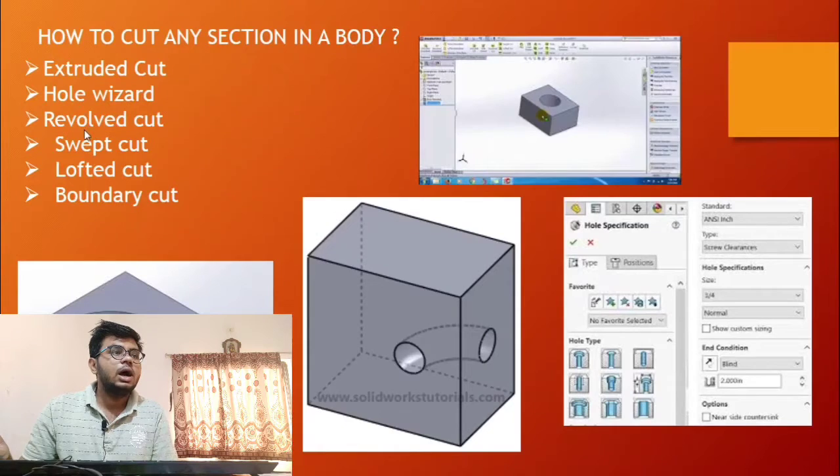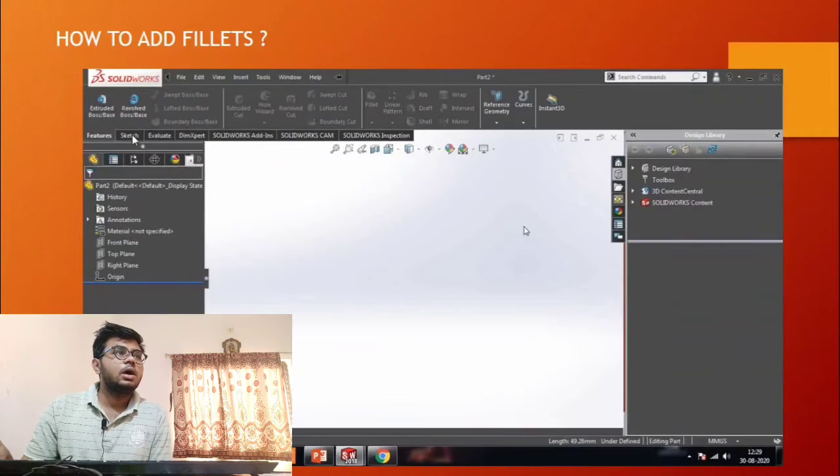Now, how to add a fillet? First you need to understand what a fillet is. Just see, this is a rectangle, oh sorry, it is a mistake, it is a square.